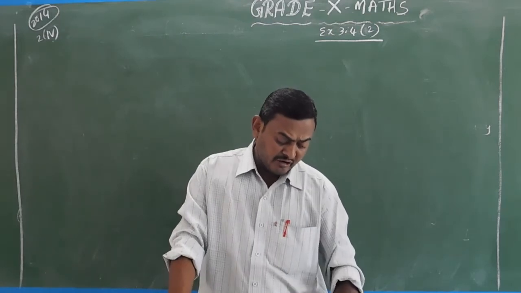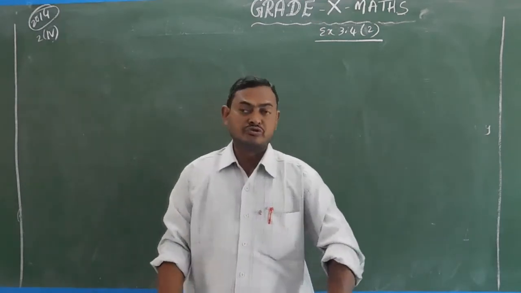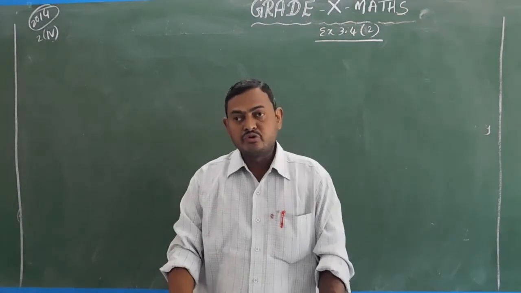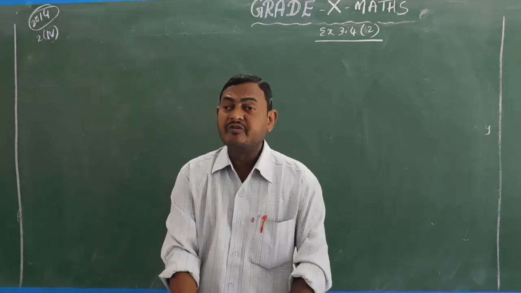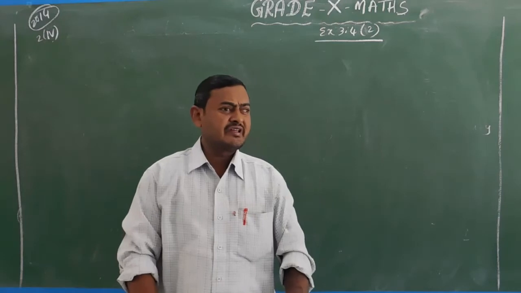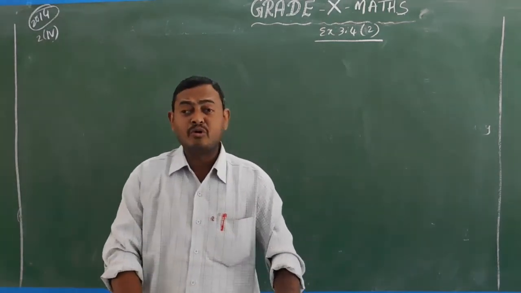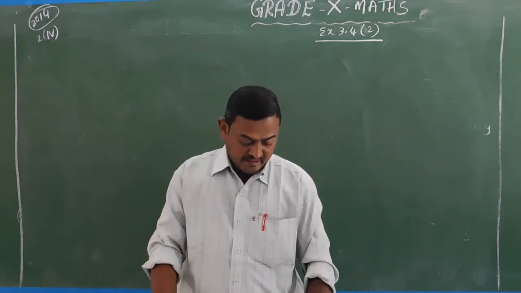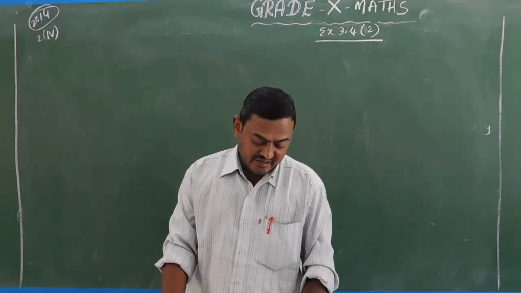Meena got 25 notes in all. So total amount how much? 2000 rupees. In this 2000 rupees, she got totally 25 notes. How did the denominations get 25 notes? So in terms of 50 and 100 rupees, together the 50 rupees and 100 rupees notes are 25 notes, and the amount is 2000 rupees. Total amount is 2000 rupees. So find how many notes of rupees 50 and rupees 100 she received.